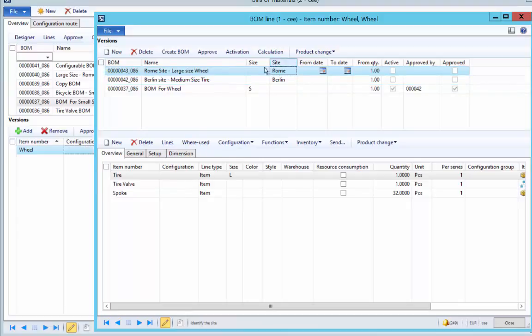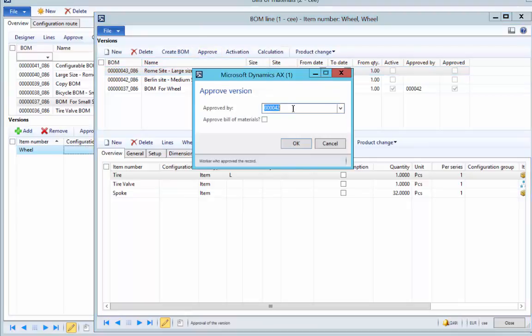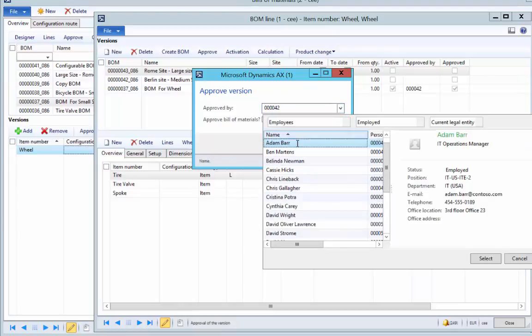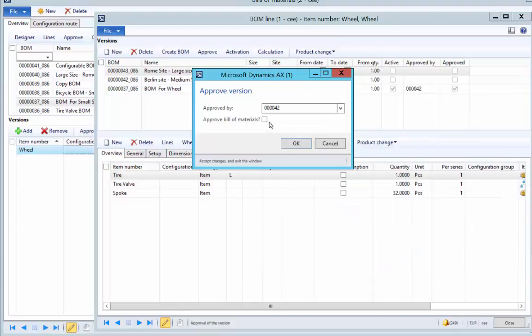But for now you can consider that in order to use this BOM version we must approve and activate it. So approval is the final one, and we don't expect any change, so we go for approval. Here we approve the BOM version, and here we need to mention the person who is responsible for the approval. Here we can select all the employees, and here we need to tick this checkbox, approve bill of material,